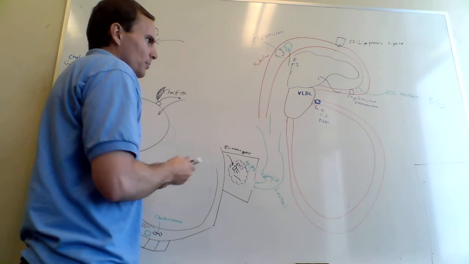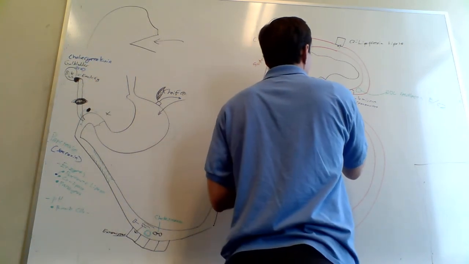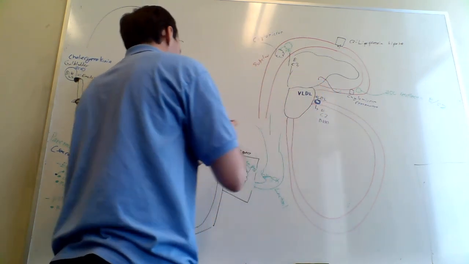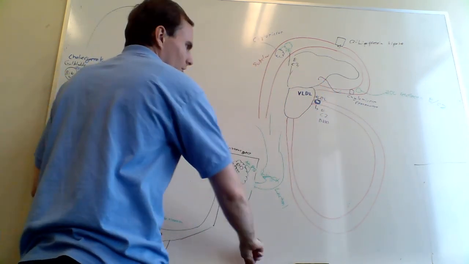Alright, so those are the apoproteins of VLDL, which I guess I already labeled over there, whatever. Okay, nice thing about VLDL,